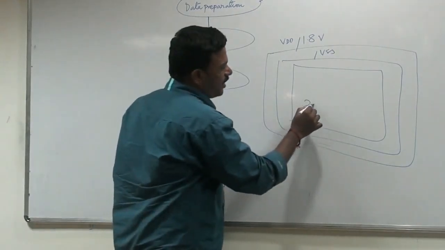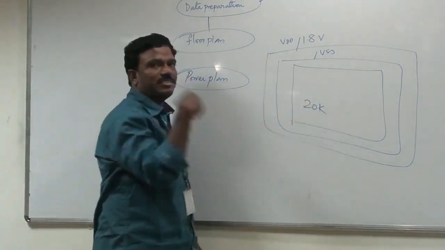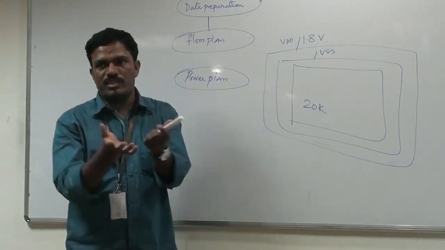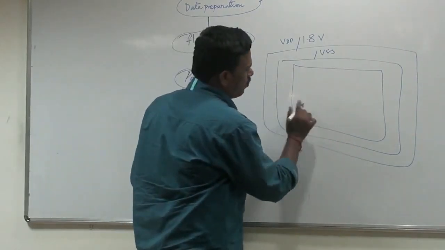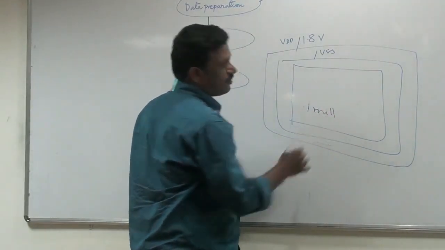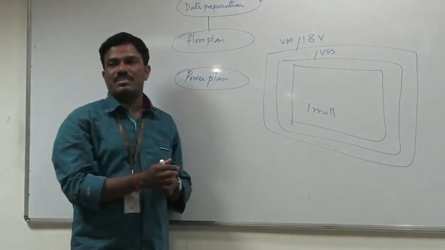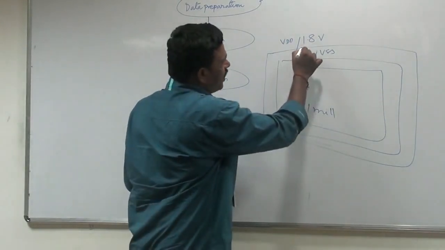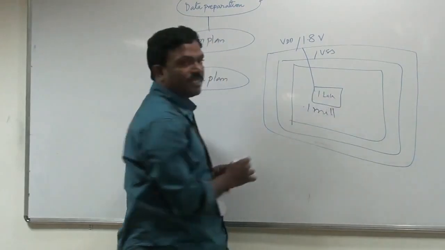If suppose 20k components are there in my chip, only the VDD VSS ring is sufficient to distribute the power. Only one ring is sufficient. If I have 1 million components in my chip, then definitely this VDD VSS ring alone is not sufficient to distribute the power, since the VDD which reaches the middle component, say suppose I have 1 lakh components here,